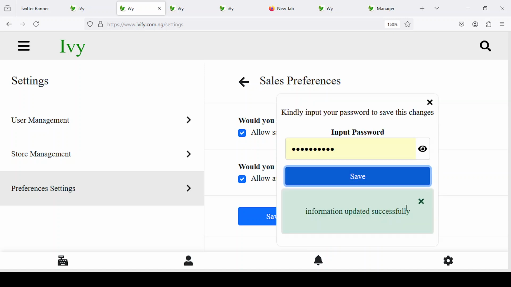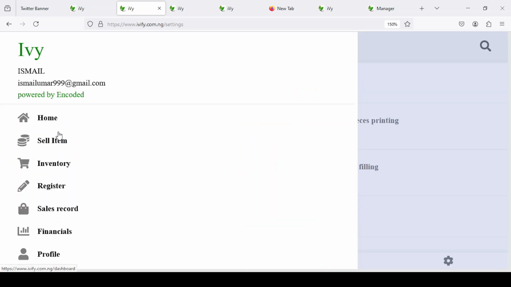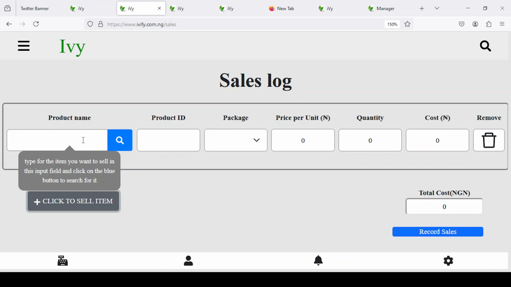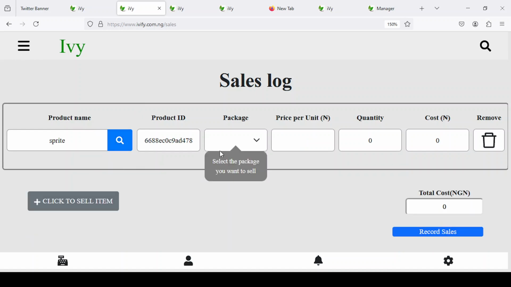So now coming over here, when you want to sell an item, it's still the same thing. For that particular product, the only difference is that now I have packages. Before, when I wanted to sell, there was nothing like package. Now if you want to sell Sprite, I can click on it. When I click on Sprite, it will ask me whether I am to sell in bulk or in pieces. What it means: Sprite is a drink. Let's assume Sprite is in a bottle,